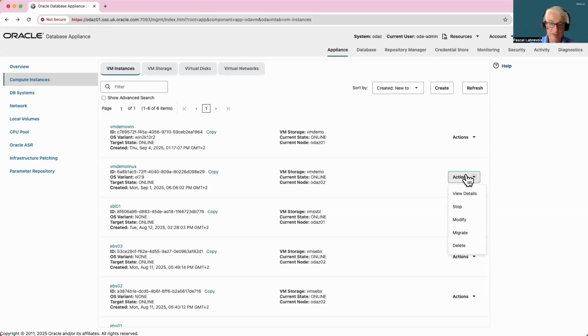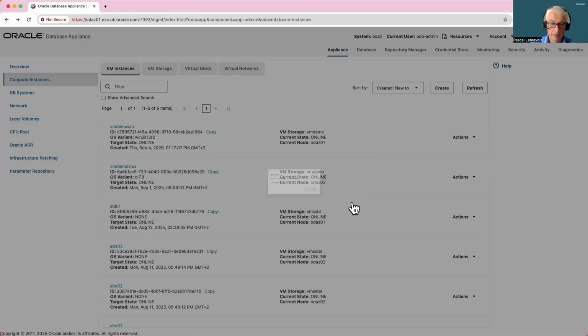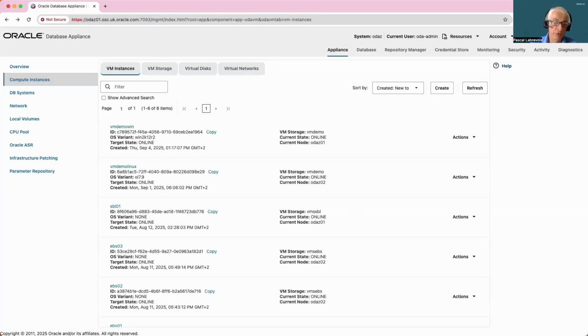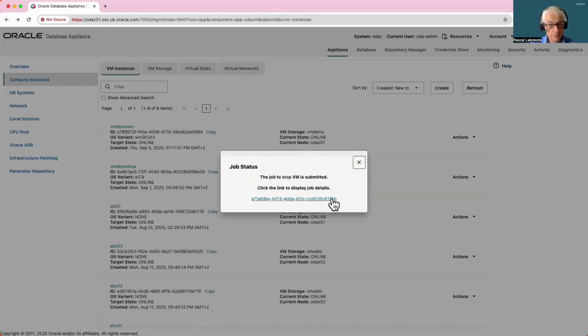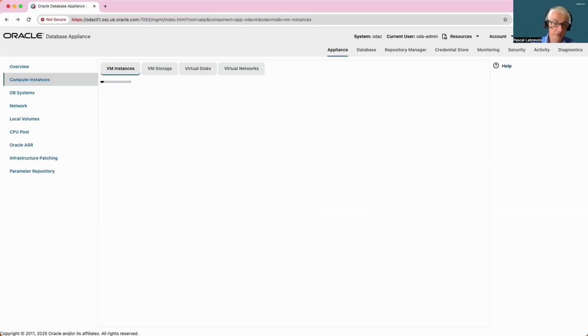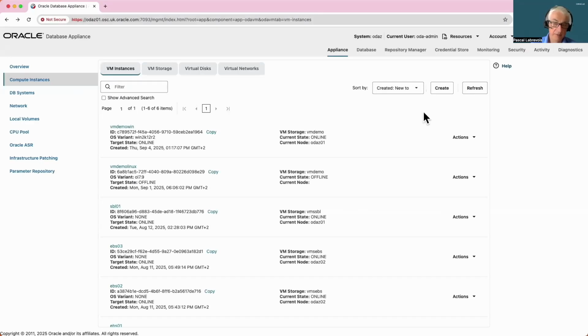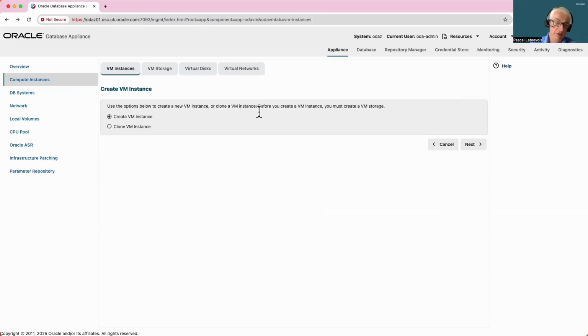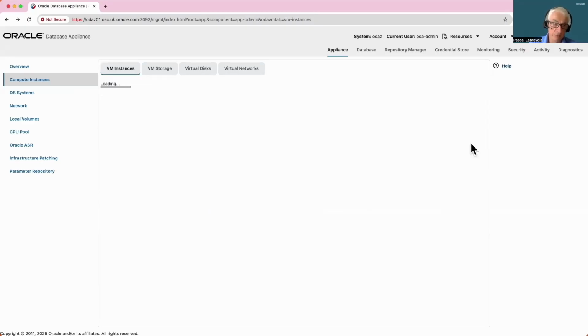Now we're going to stop the VM, because what I want to do now is to clone the VM to a new one. So the VM is stopped. I can now use the clone VM command, and now I will use the clone VM instance option to clone my Linux VM to a new one.